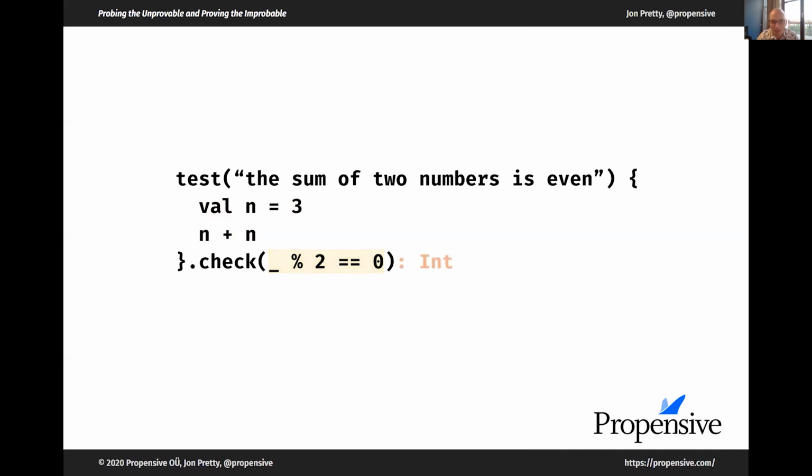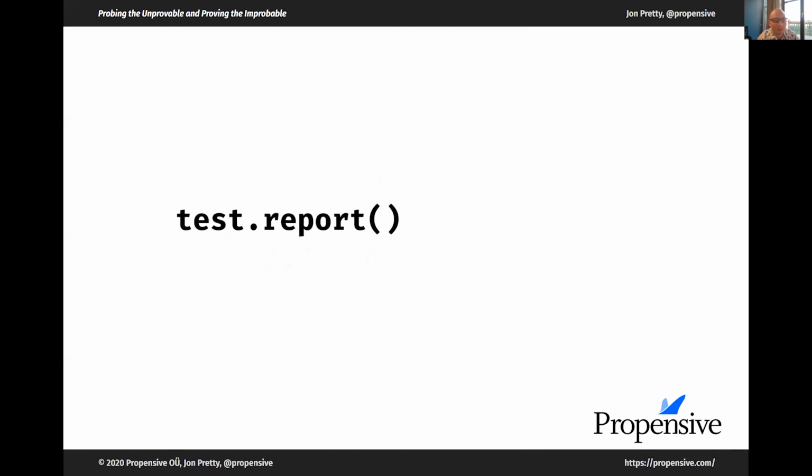Now this is just an expression because this will return an int. It will return the number 6, as it turns out. We can know that at runtime, but at compile time we can know that it returns an integer, which means that you can embed this test anywhere you can embed an expression. Now when we've run several tests, we can call test.report. Remember, test is the test runner object, and report will return an object that includes all of the results from all of the tests that have been run.